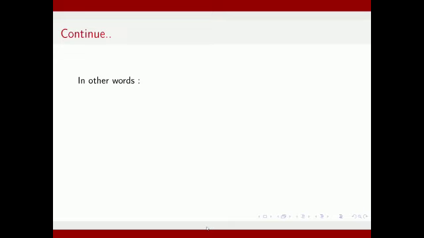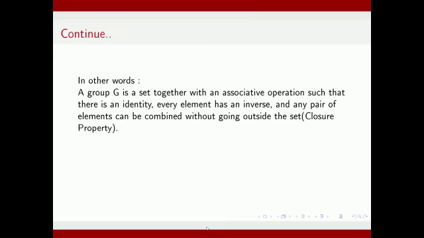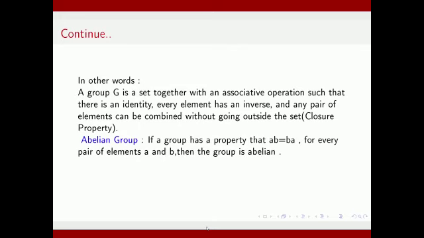Or in other words, we can say that G is a non-empty set together with an operation that satisfies four properties: closure property, associativity, existence of identity, and every element has an inverse. Let us define abelian group.